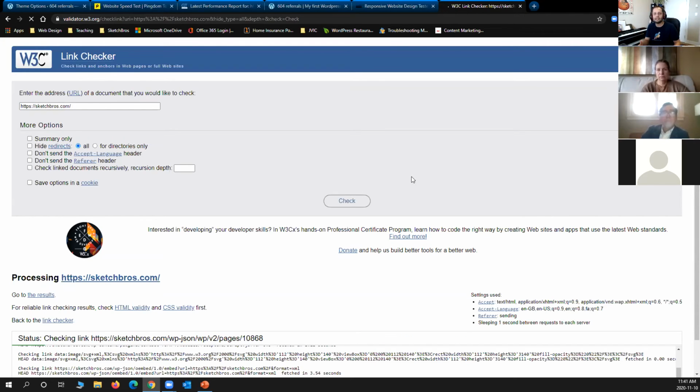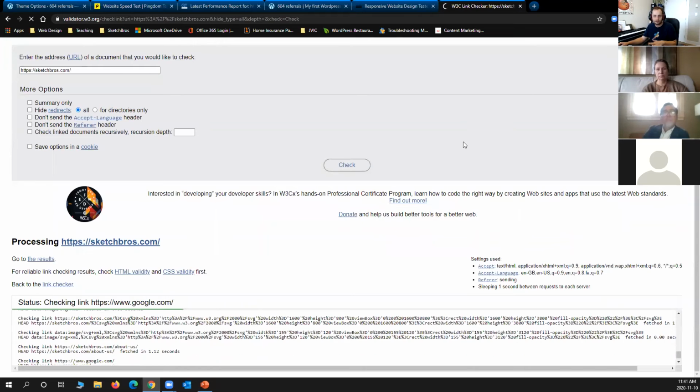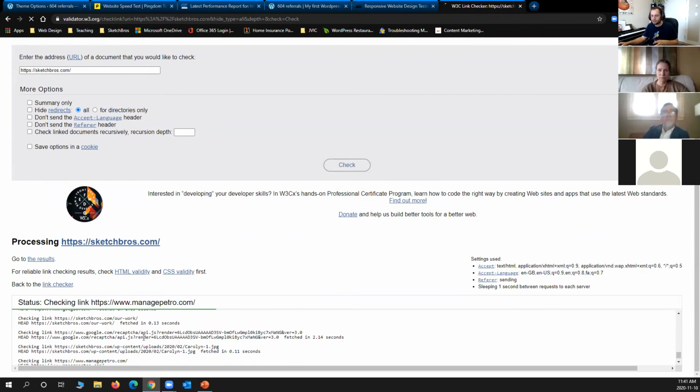It's testing every link, every image, every single thing to see which ones open and which ones don't. I'm not going to do this right now because it will take approximately 10 minutes to finish. But once it is done, underneath this box and this progress bar that is going forward, it will give you the results. Take a look at the things that are mentioned as broken.